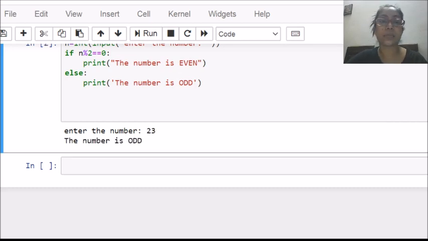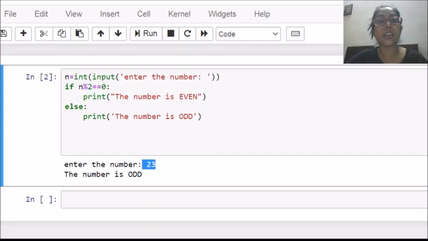Yes, it is displaying it is an odd number. Why? Let me check here. N is replaced by 23, and you divide 23 by 2. What remainder will you get? You will get 1. That means 1 is equal to 0? No, it is false. That means this block will not get executed.